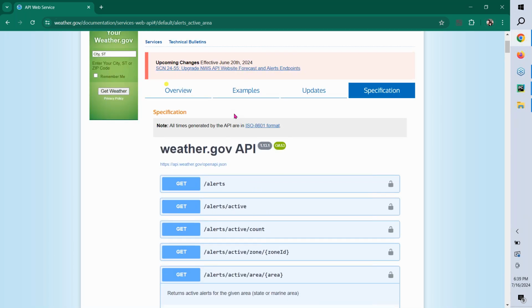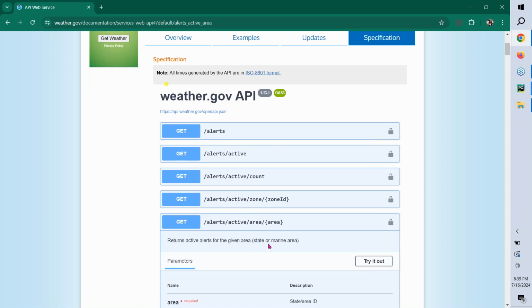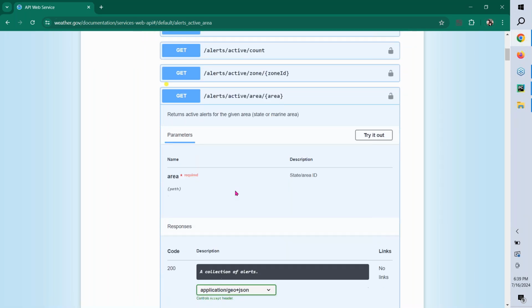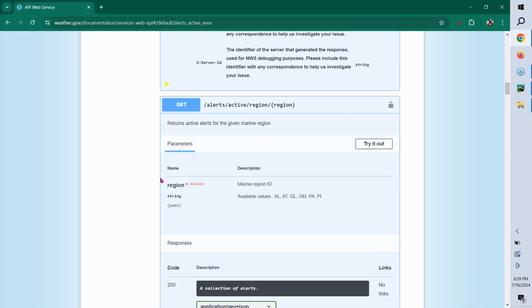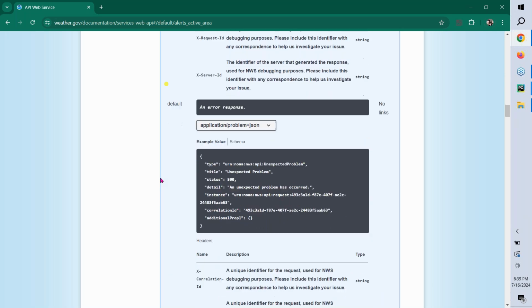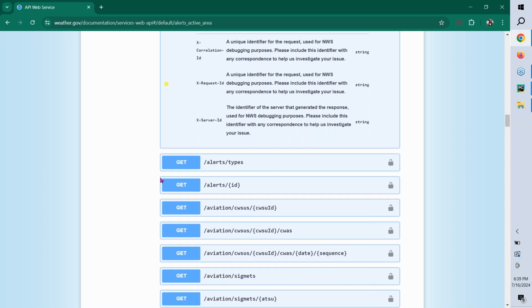I still do not know exactly what each of these endpoints do. So I'm trying to look at the schema, the specifications, and the documentation behind it. It's active alerts for a given area. So if I give a state or marine area, it'll tell if there's a flood alert, fire alert, any weather alert out there. Let's see if there's anything specifically for weather or temperature. Radiation reports. There's a lot of